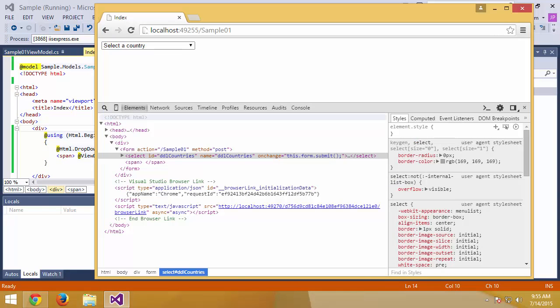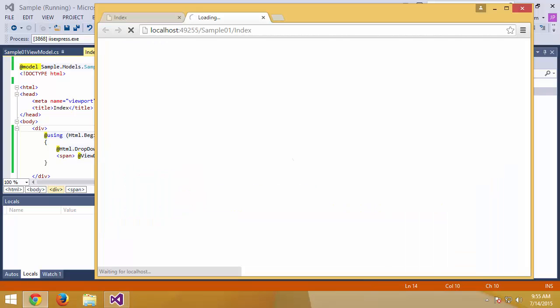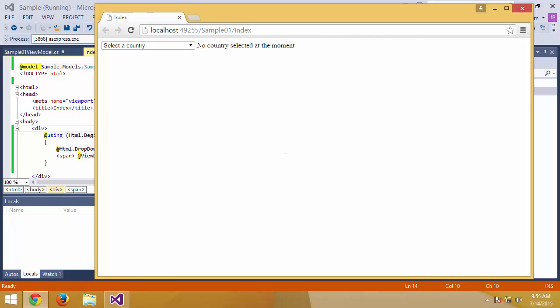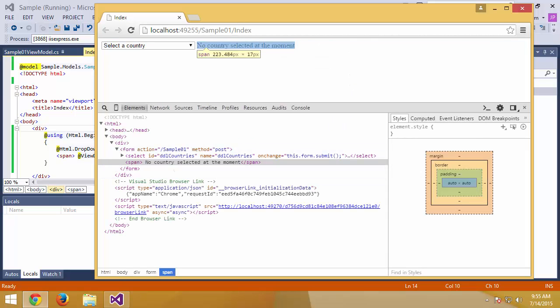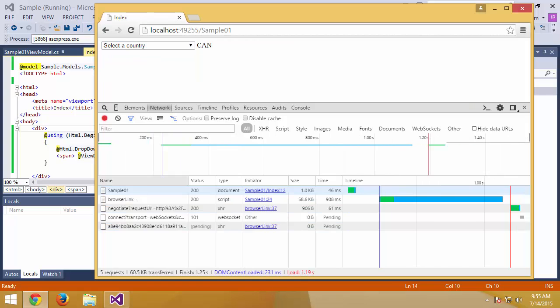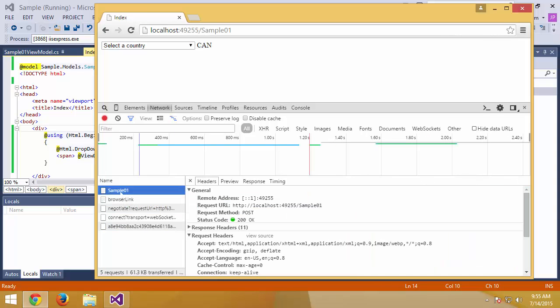And the moment I execute this, you can see I already have that particular message. So if you go to inspect elements, you can see the span is having that particular value. So if I do a post, say Canada in this case, now you can see I'm doing a particular request,